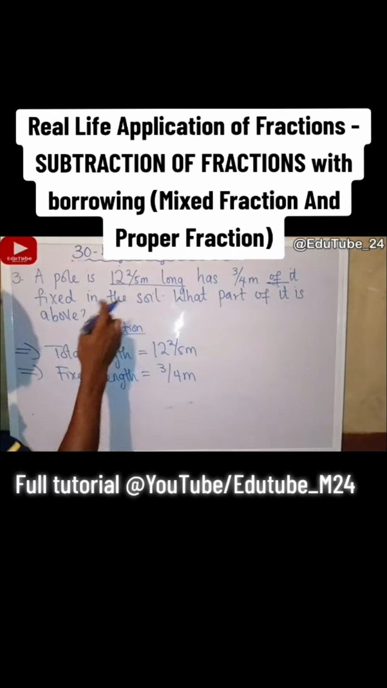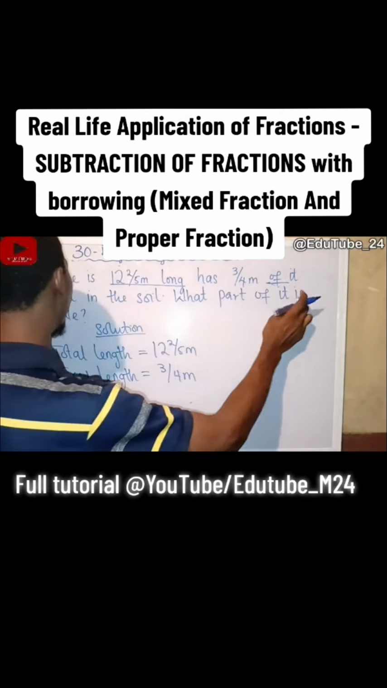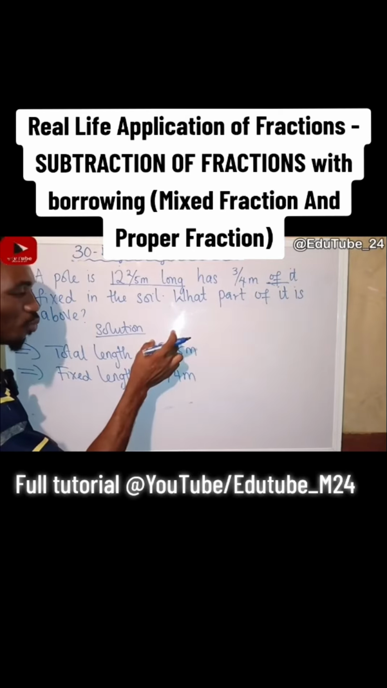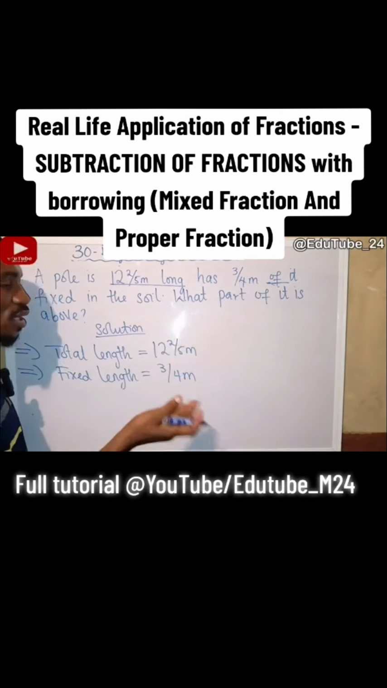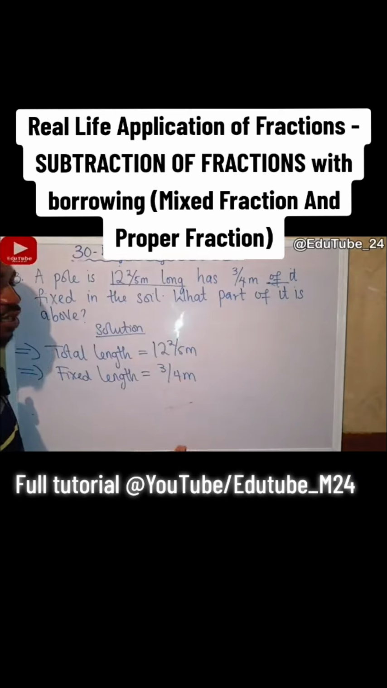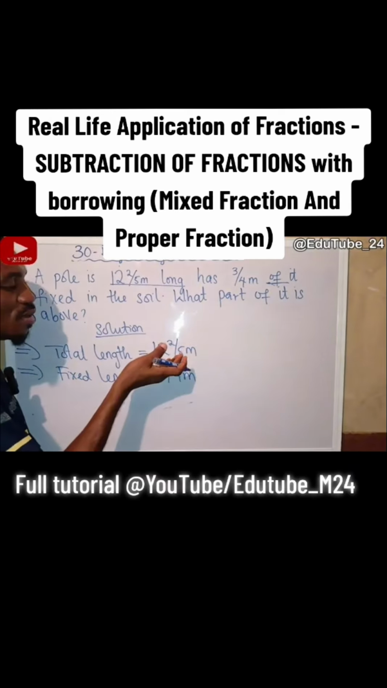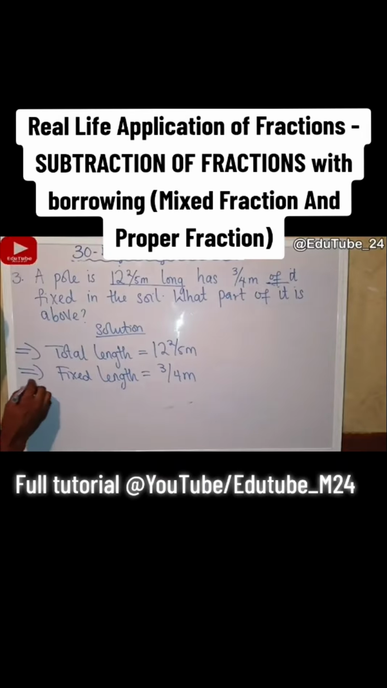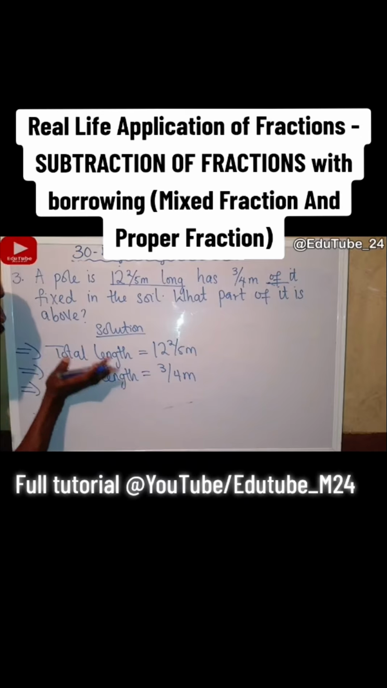And then the main question says, what part of it is above? That means if this part of this pole is fixed in the soil, then what part is above? Definitely they're asking us to find the remaining part that is above the soil. So we say part above, or length above. I prefer that, length